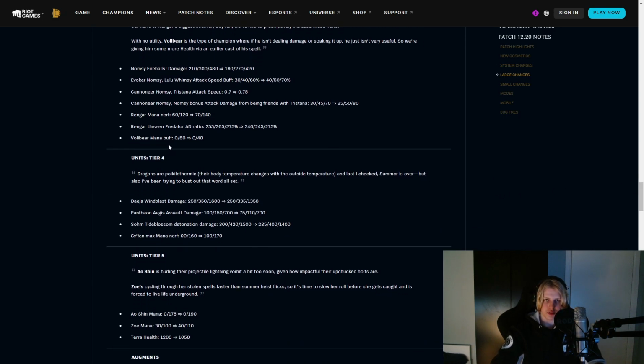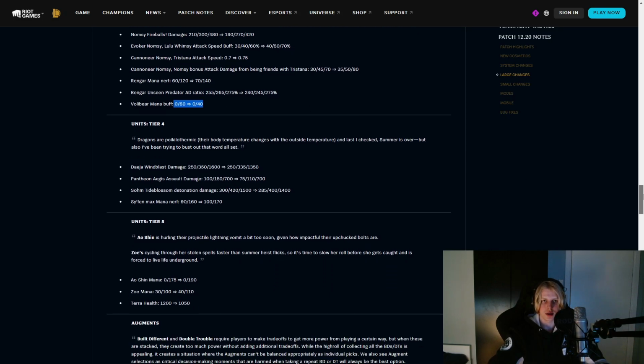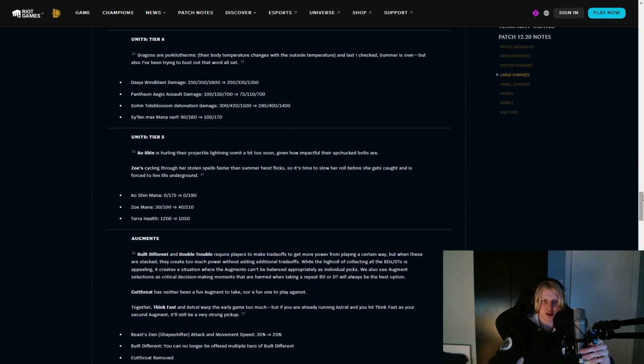And here they're buffing the mana on Woolabear, so he has less mana since he took a long time to cast and it's been kinda weak compared to the other Dragomancers. So they're kinda buffing the weak Dragomancers, so you're more able to play the other comps. But I think like Karma will still be the better Dragomancer. I think these are some nice changes, but I think Karma is just gonna be better, even though she's getting